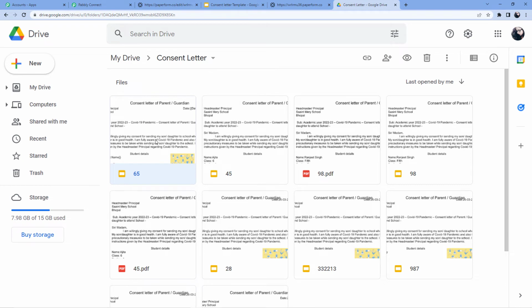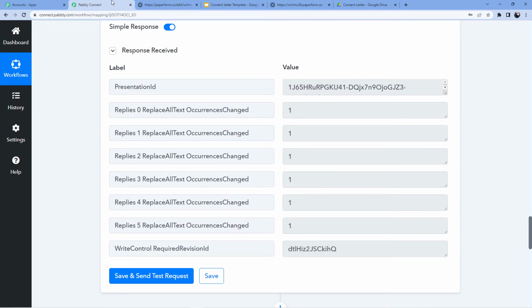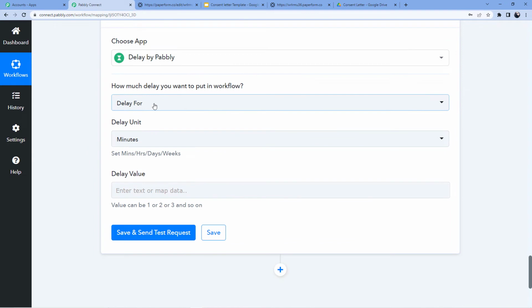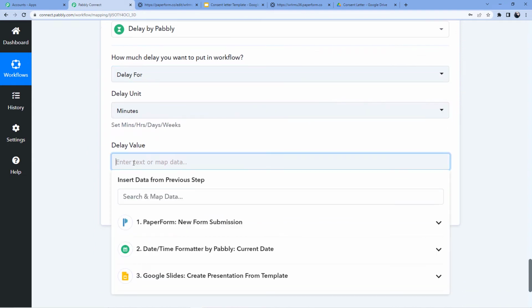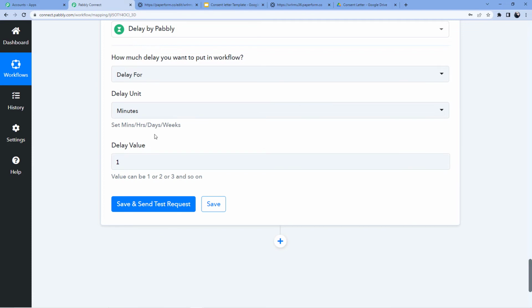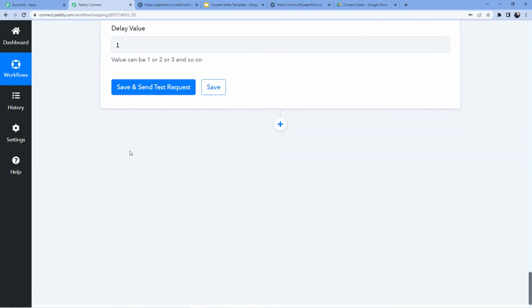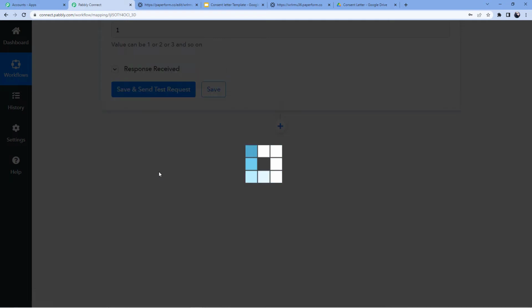It will take some time to create a template. It can take a few seconds. So we are going to delay it for 1 minute so that Pabbly Connect gets a sufficient amount of time for creating the presentation. So we will just click on save and send test request.